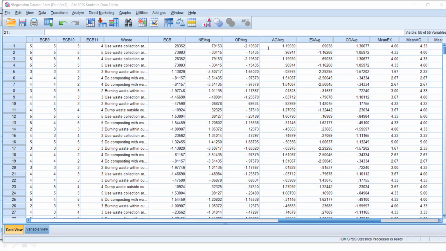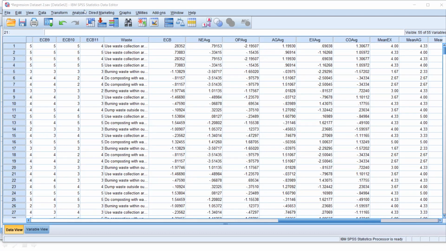Right, let's do it. Now what we are trying to do, we're trying to find out what is the relationship between personality traits and environmental citizenship behavior. Or we can find out what is the influence of personality traits on environmental citizenship behavior.